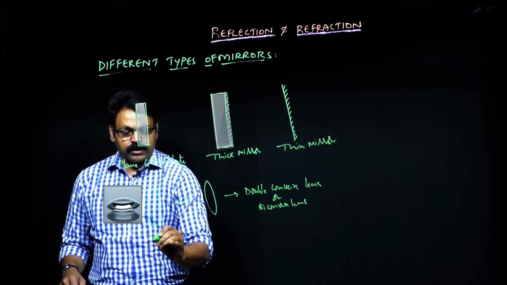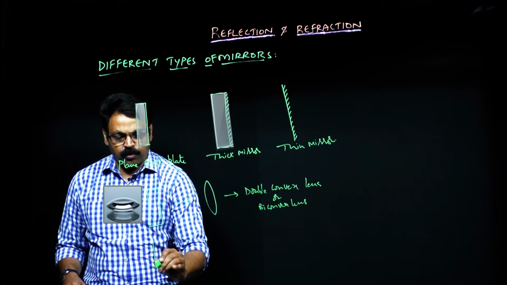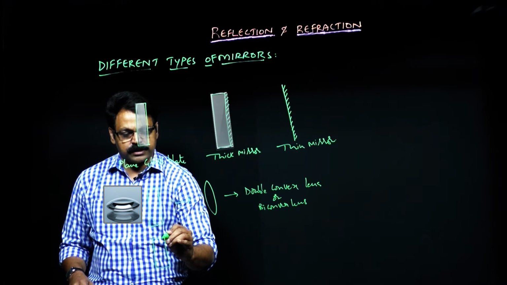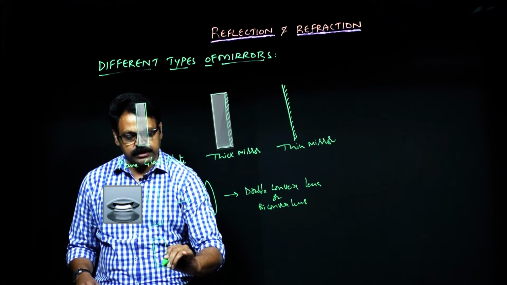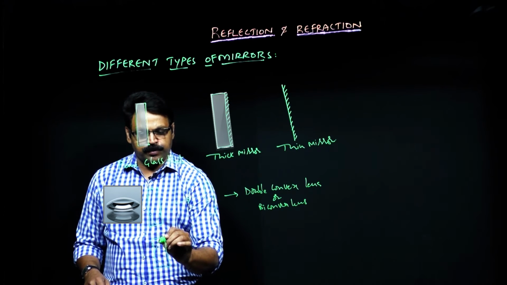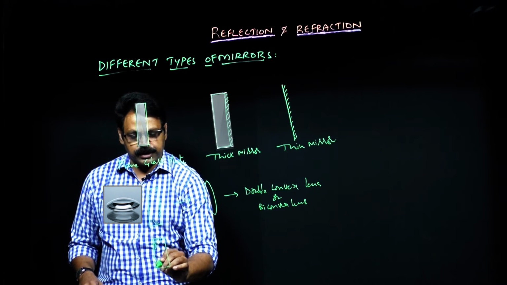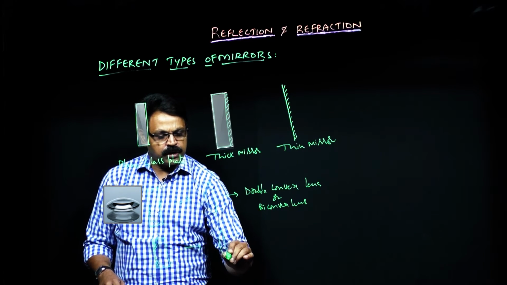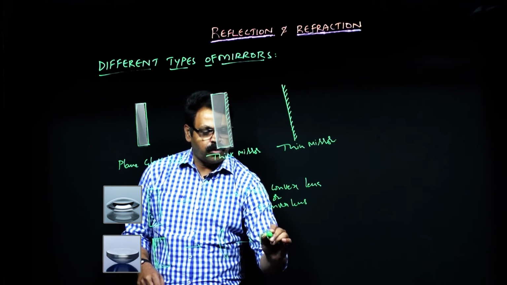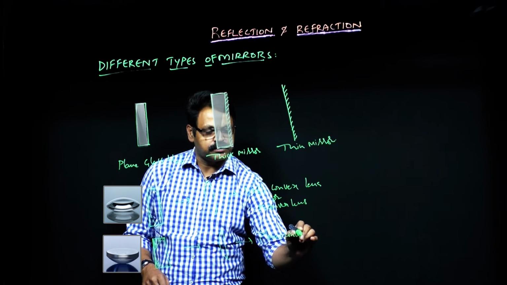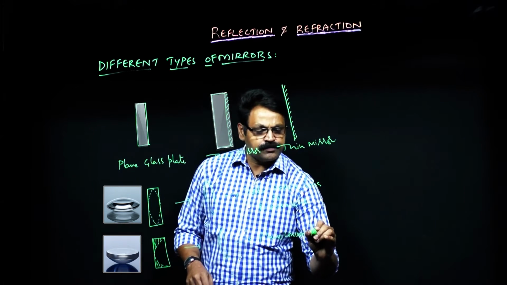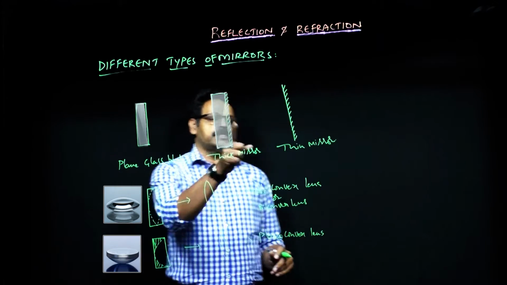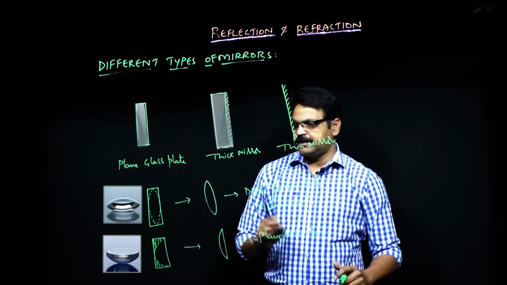Unlike that, if you are taking only one surface, the material is removed from the center to the other surface like this. This portion is removed and this portion is removed. This shaded portion is removed. In that case, you will get a lens of this sort. It is called a plano-convex lens. A lens is one which has both sides transparent, while a mirror is one side polished. So this is a plano-convex lens.